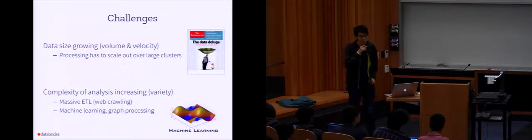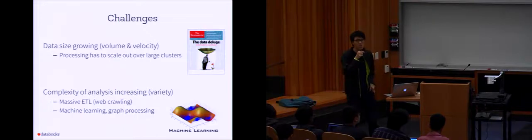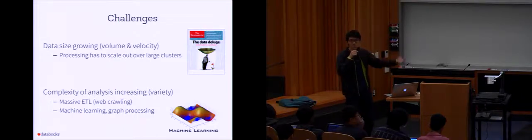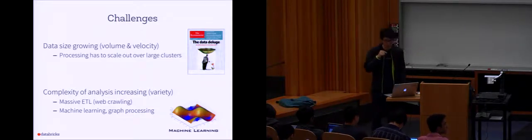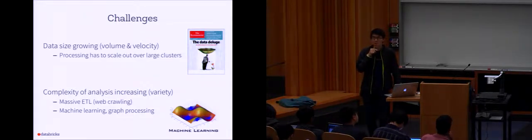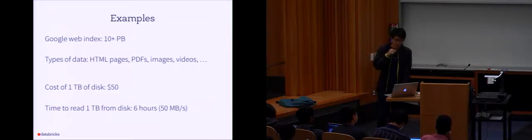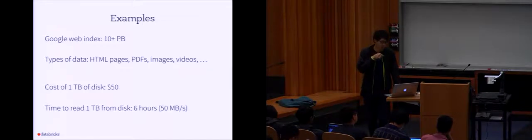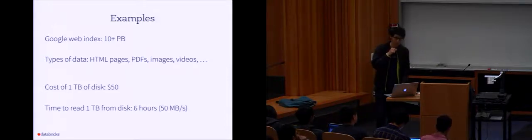So it is actually pretty much right. If you think about big data, there's volume, velocity, and variety. On the volume and velocity side, the rate of data coming in and the total size of data that you're getting is very big. And for the variety part, it is about data sources and the complexity of the analysis you're applying. It's becoming more and more challenging. And just as an example, this is back in probably the mid-2000s, almost 10 years ago by now, Google's web index, which includes all the images and videos and PDFs you can crawl, was about 10 petabytes.